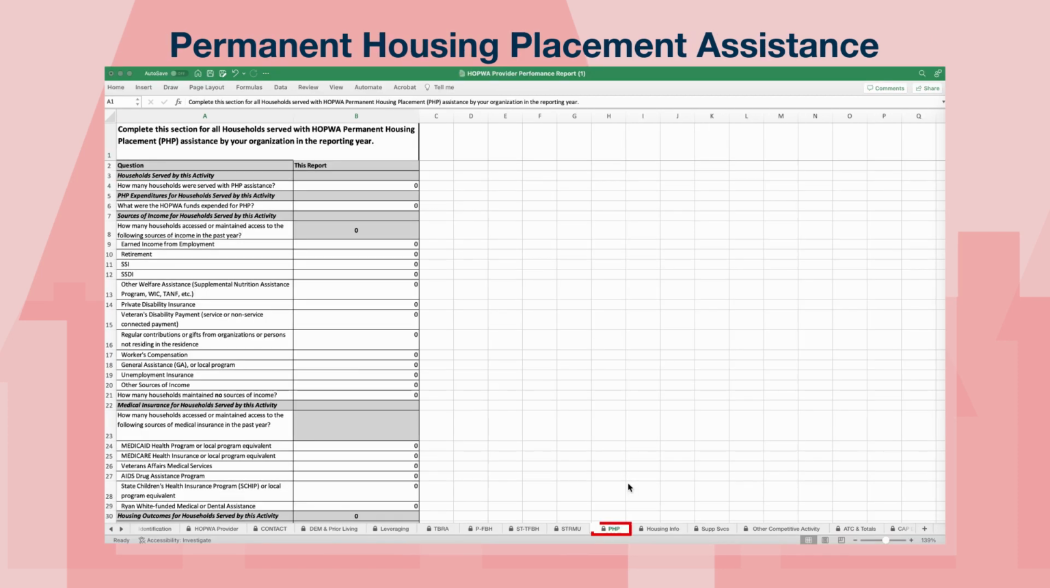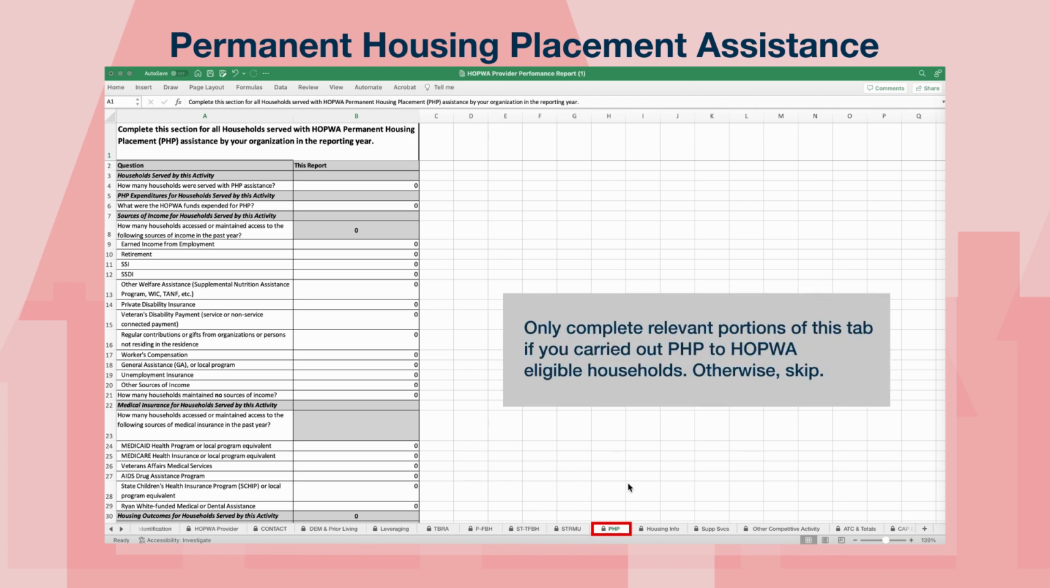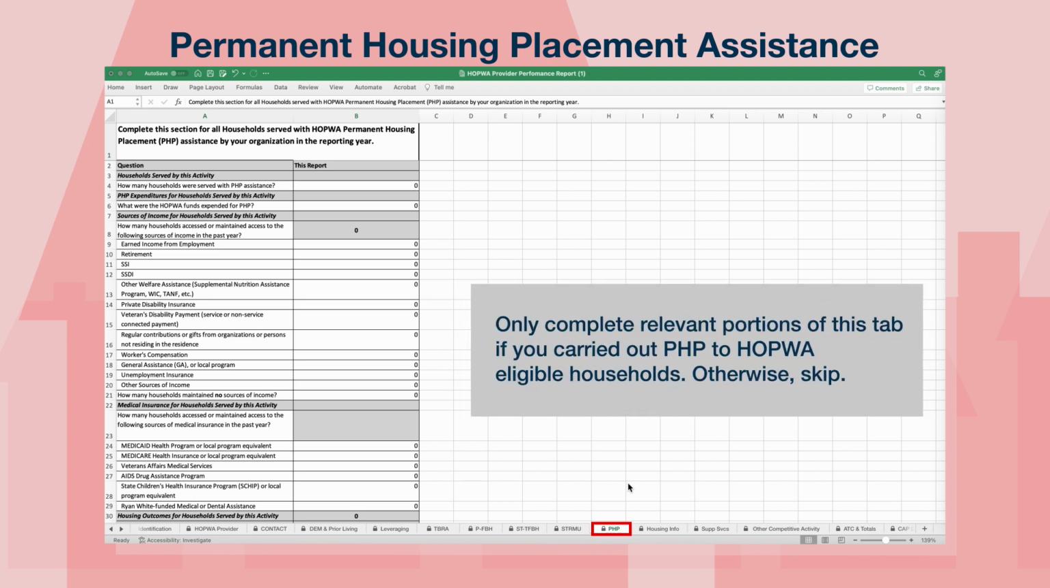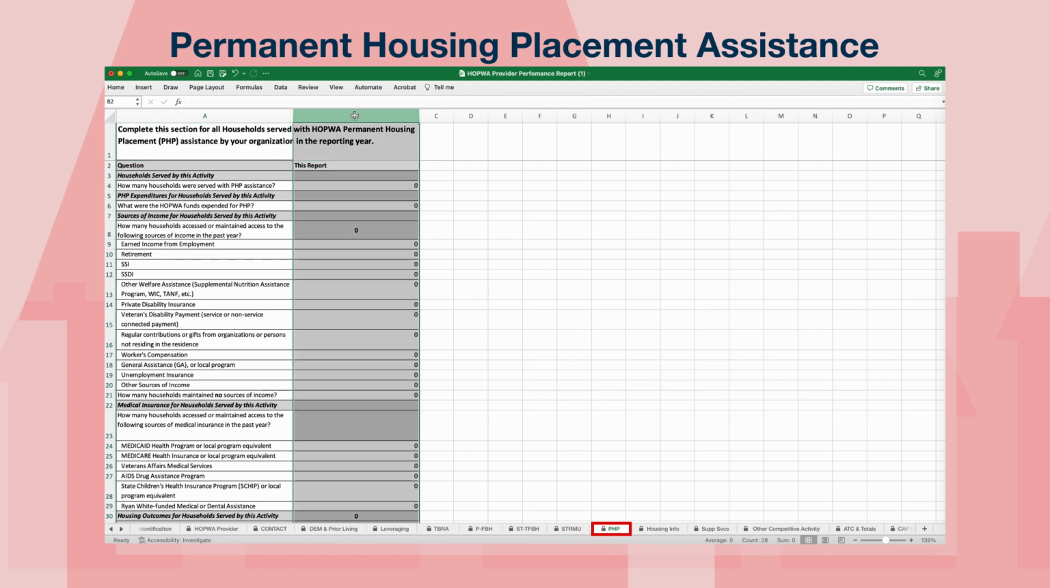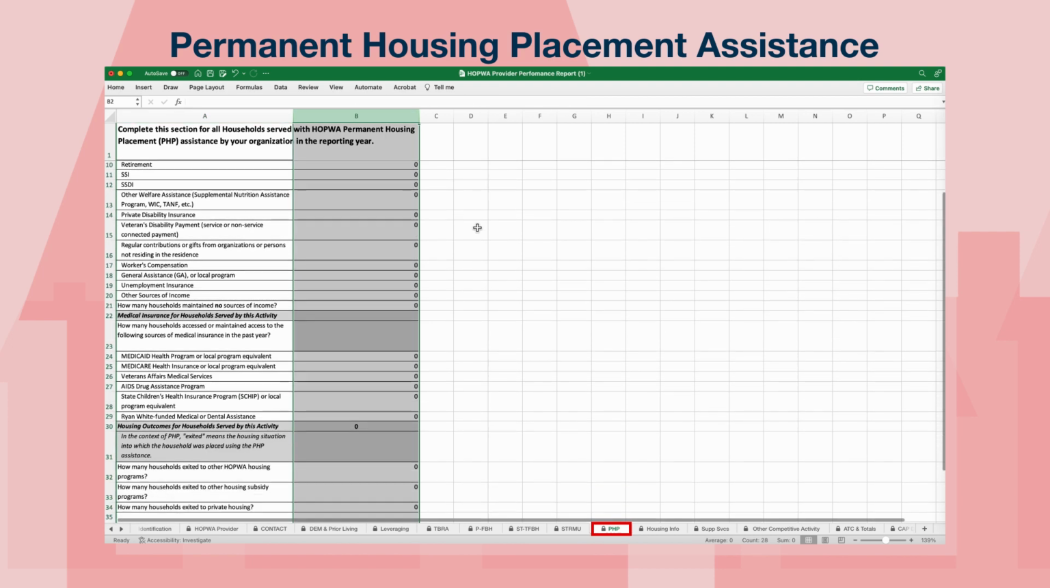Permanent Housing Placement Assistance tab. If you carried out any PHP to HOPWA-eligible households, complete this tab. Otherwise, skip. Complete column B of this tab with PHP household and expenditure totals, household sources of income, medical insurance,